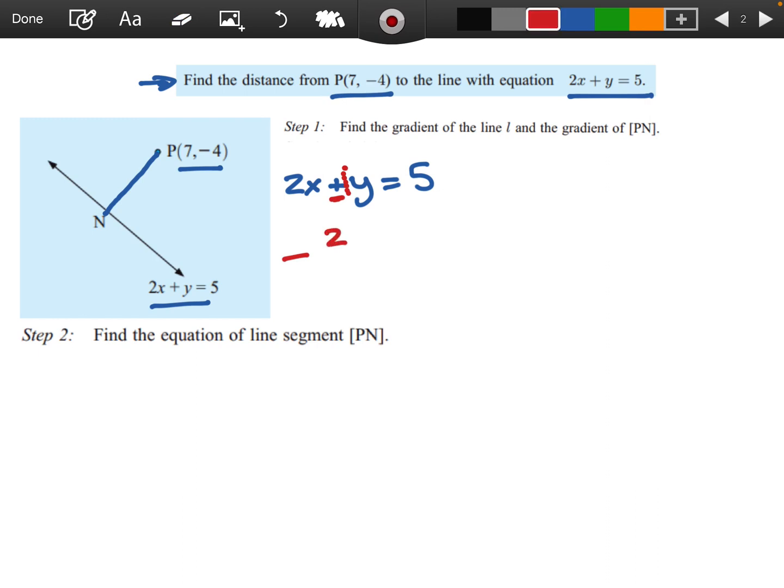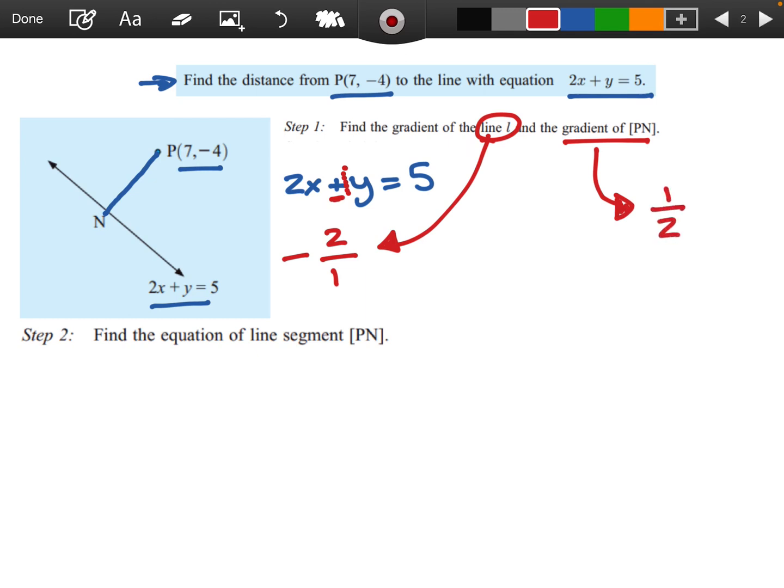and then the top will be the coefficient of x, the bottom will be the coefficient of y. So the gradient of line L is -2/1. I'm not going to make that a whole number because it doesn't really benefit me at this point. Because the very next thing I have to do is figure out the gradient of Pn, which will be the negative reciprocal of the gradient of line L. So the negative reciprocal of what I just figured out is